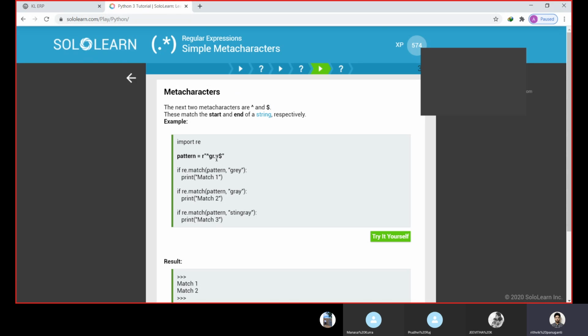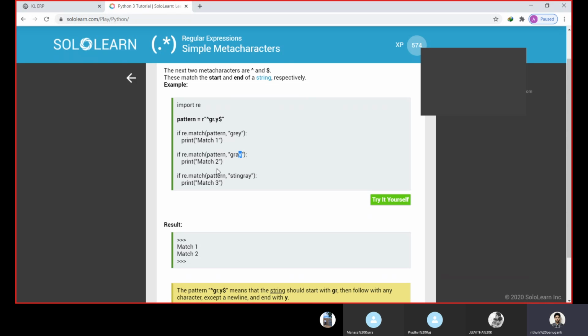Here the dot is replaced by e. Yes, it is true: starting with gr and ending with y. Another one, re.match of pattern gray, so the dot is replaced by a, starting with gr and ending with y. So it is true. So it will match 2. Match 2 can be seen in the output.